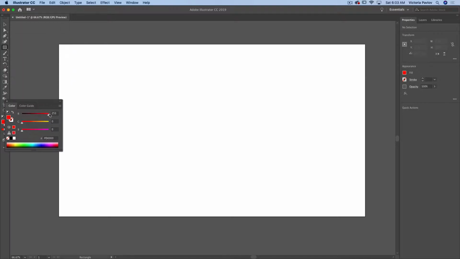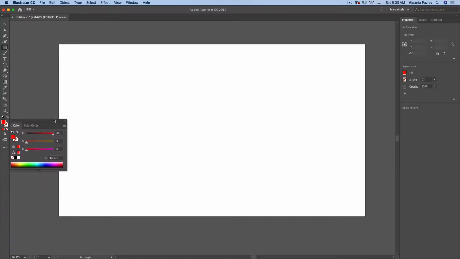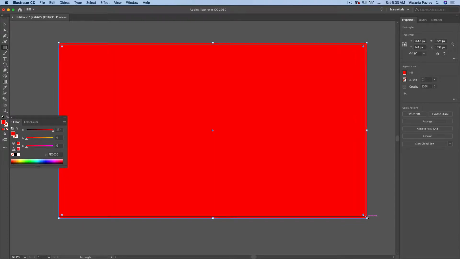Let me move the color palette somewhere in the middle, just like that. So, using my rectangle tool, I will create a simple shape. This shape will be my holiday background. I like the color, but guys, I would like to apply a gradient to my background. You can apply gradient to your